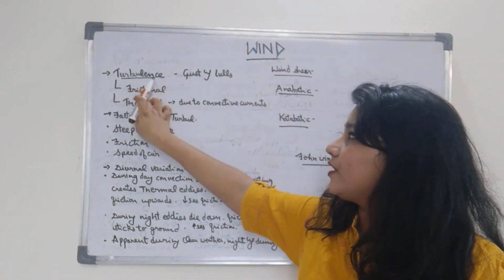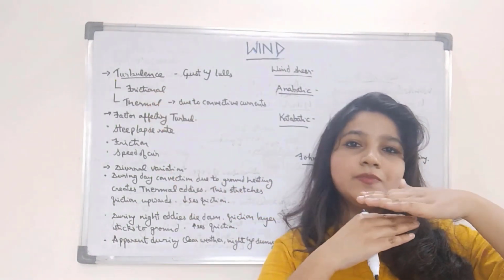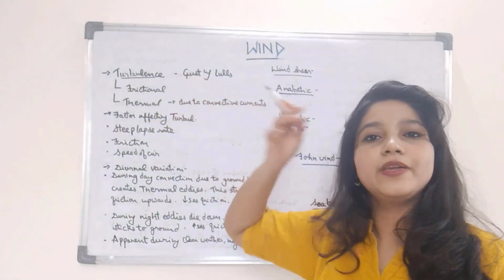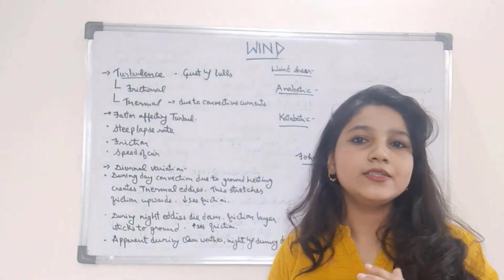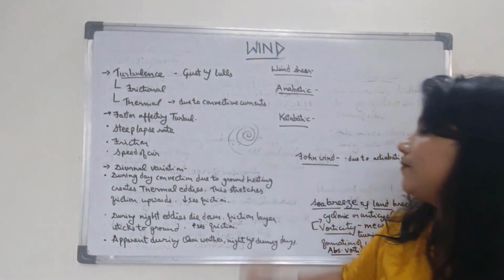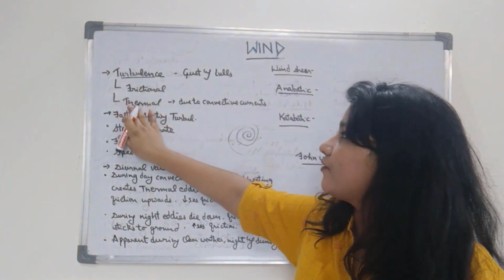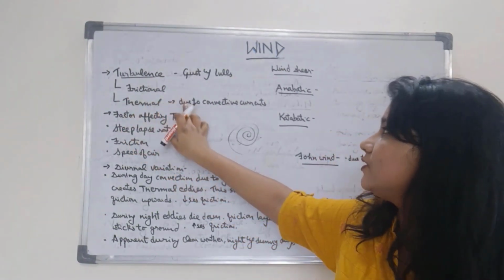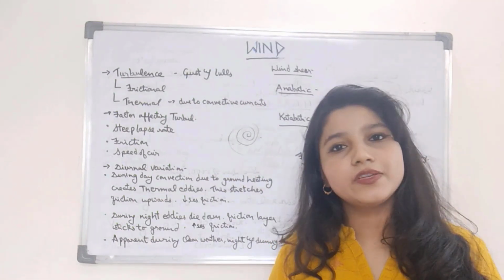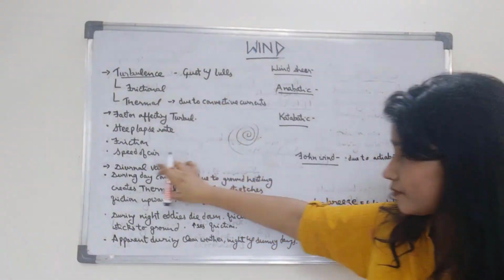So when the air speed suddenly increases, the aircraft will become less stable. Due to the increased air speed, eddies are formed. Eddies are swirls. These are eddies, and due to that, turbulence is experienced. Then we have thermal turbulence. Thermal turbulence is due to the convective currents which are formed when the ground surface is heated, and it is more common in the hot afternoons.